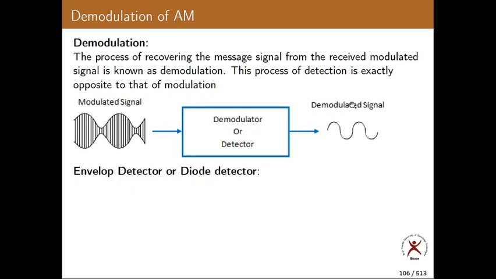So, the clever way of demodulating an AM signal is getting the envelope of that signal, or extracting the envelope of that AM signal. If you are able to get this envelope from this signal, you almost got your message signal. So, almost your message signal is recovered. For that purpose, we use the envelope detector.